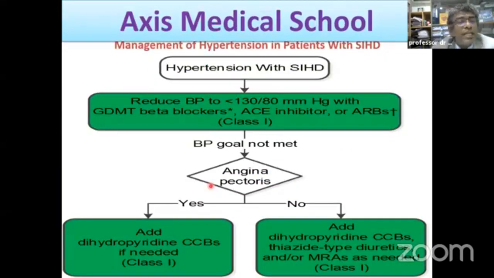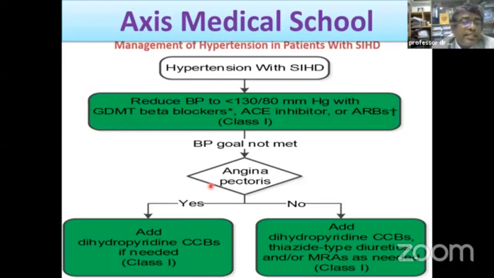Well, this is the flow chart. Hypertension with stable ischemic heart disease. In that case, we have to reduce blood pressure to less than 130 over 80 millimeters of mercury with beta blockers, ACE inhibitor, or ARB. These are the first line antihypertensive drugs in case of hypertension with ischemic heart disease. If blood pressure is not controlled enough with these first line drugs, that is beta blocker and either ACE inhibitor or ARB, and the patient still has angina pectoris,